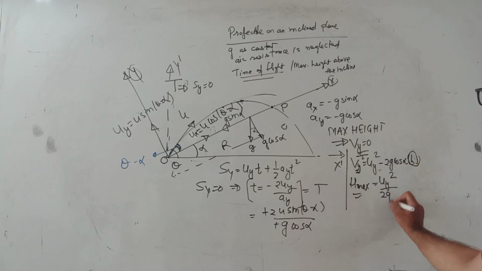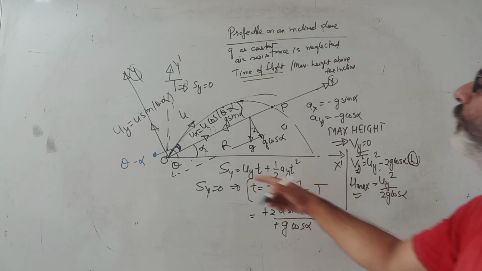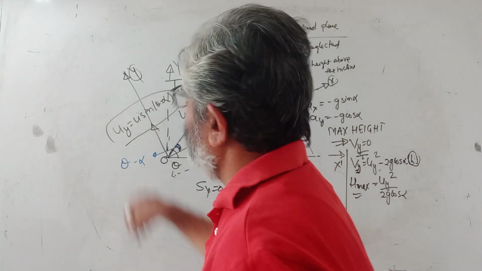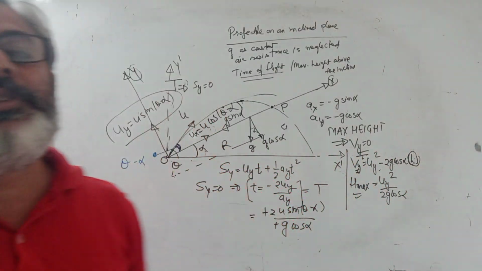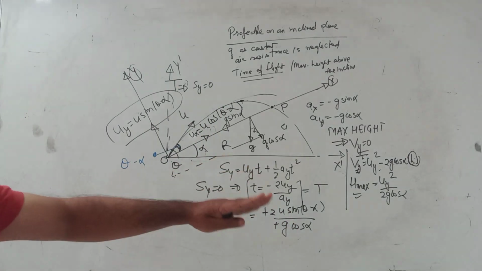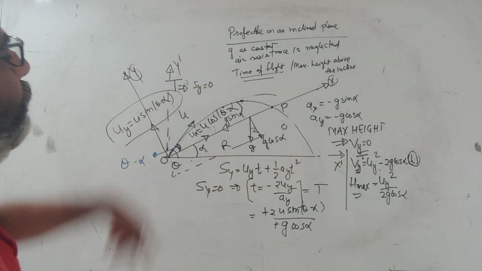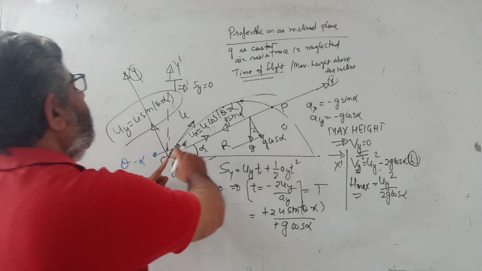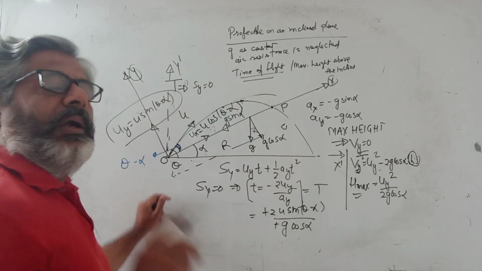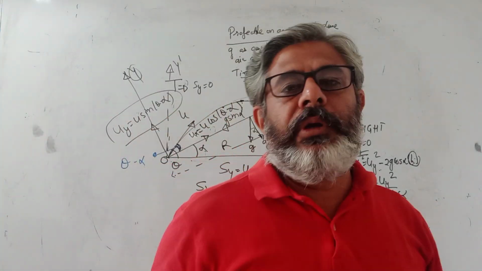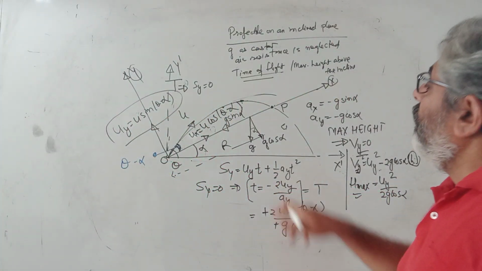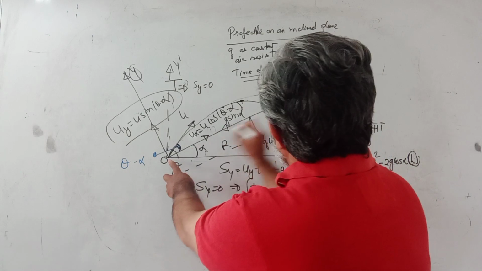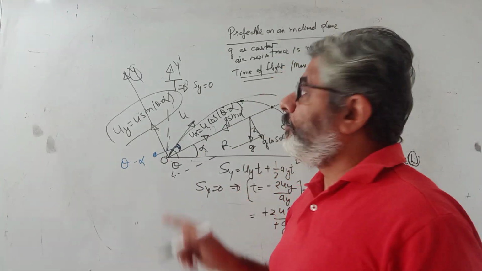uy square upon 2g cos alpha, or uy is written here, so again you get an answer for the maximum height above this inclined plane. Now इस discussion में the most complicated thing is range, and we'll do a very small trick to calculate the range, because अगर आप ये रेंज निकालते हैं डायरेक्टली यहाँ से यहाँ तक, सो इट बिकम्स, ये यहाँ का x